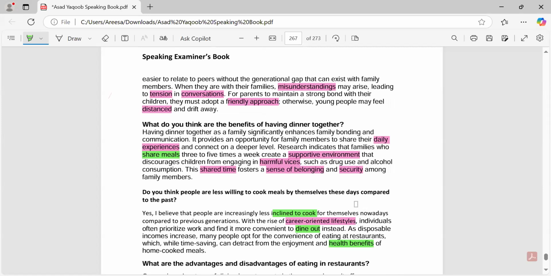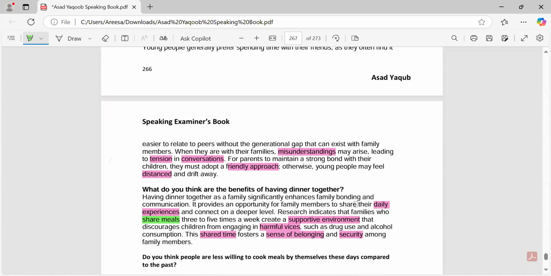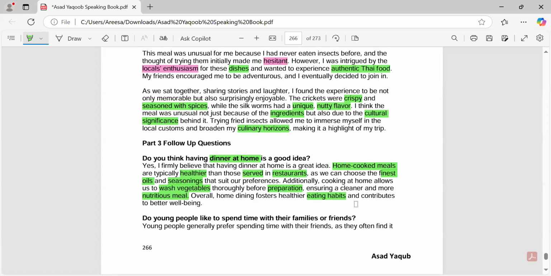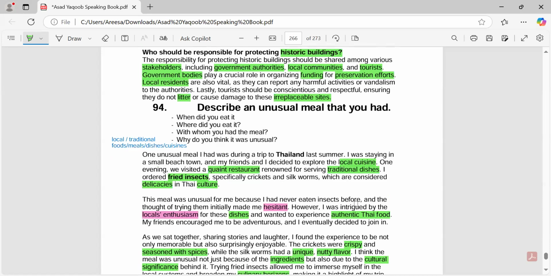Because if you are learning words and just using them directly in the exam, you will make mistakes. It is not recommended to use any newly learned word in the real exam. There might be a chance of using that word incorrectly. So it is better to learn those words, practice them in your daily routine, and then use them in the exam. But most of the time, it is recommended to use only those words which you are comfortable with and know you will use well.